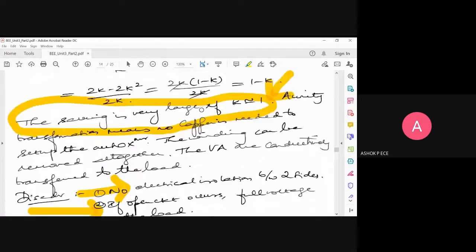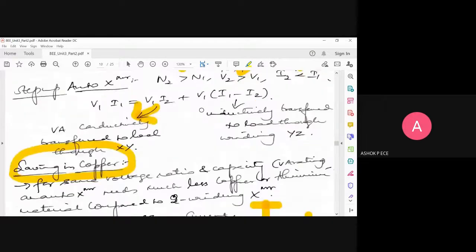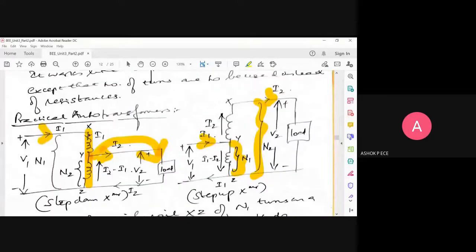So both are inductors, right? When an inductor is short circuited, the resistance value is also very less. So this will set up a very heavy current flowing through both the windings. The actual current, if it is I, because of short circuit, 2I will be flowing because both the inductors are shorted. So effectively, very heavy current will be flowing, which will damage your load.